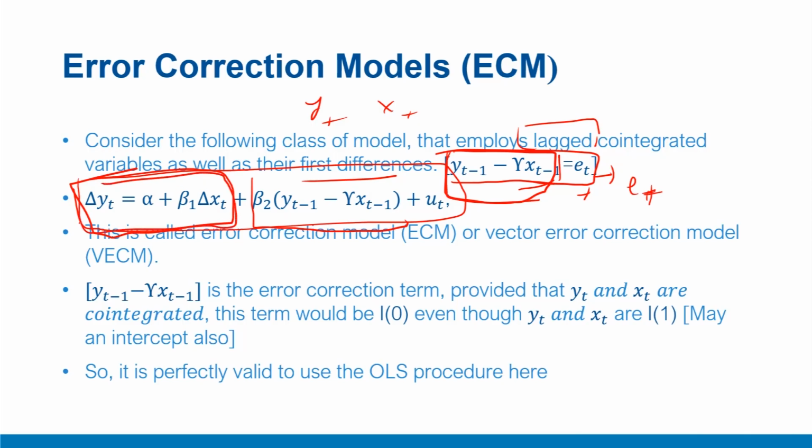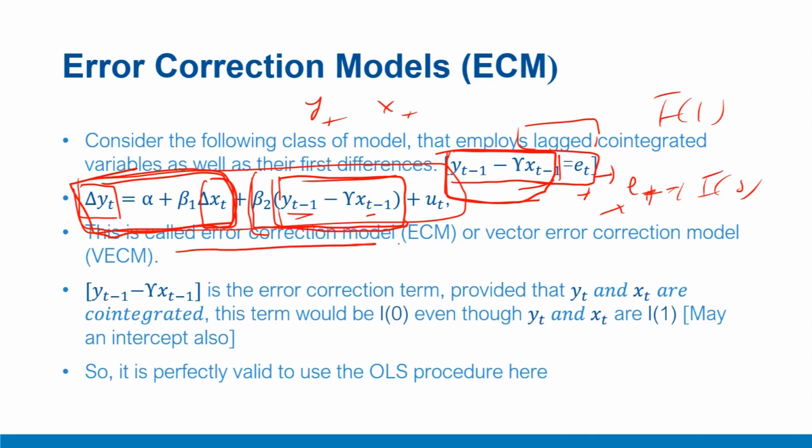So essentially what we are trying to determine through this relationship is what factors drive changes in yt, and these are not only changes in xt but also deviations from the long-term equilibrium relationship captured by this et or this linear combination. And assuming that there exists some linear combination, because yt and xt are co-integrated, this et would not be of order I1 or higher even if yt and xt are integrated, but it will be I0 because of the co-integrated relationship. And this is what we call the error correction model ECM or vector error correction model VECM, or often referred to as equilibrium correction model.